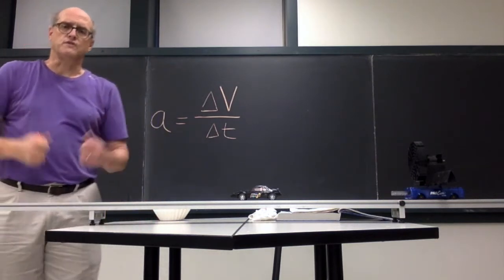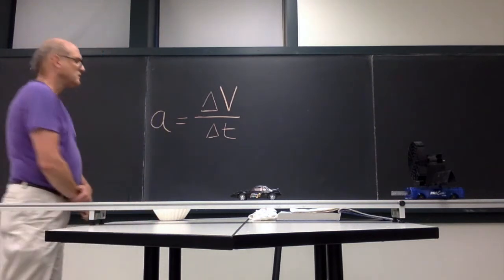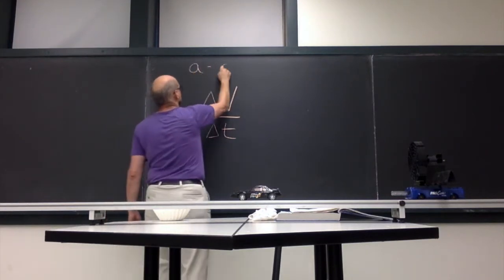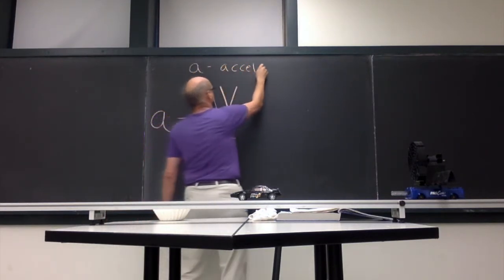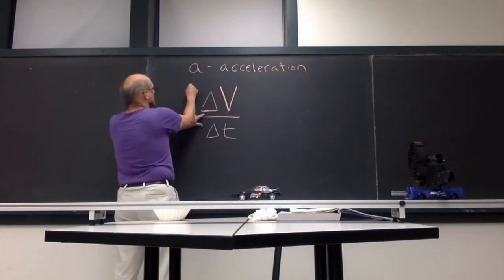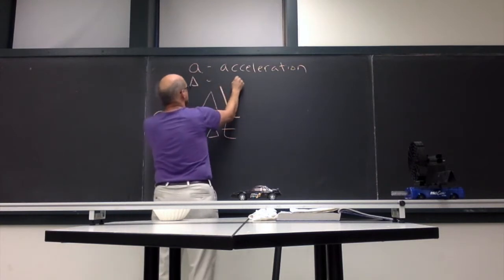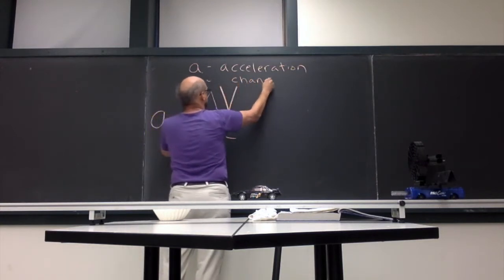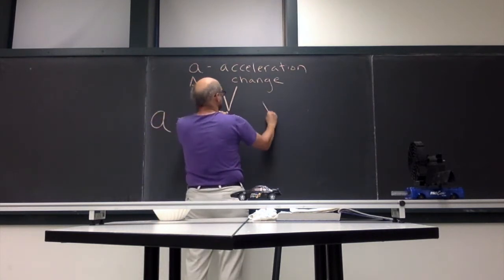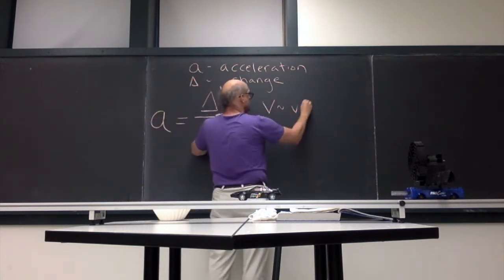And this was first defined by Galileo. So A stands for acceleration. Delta stands for change. V we use for velocity